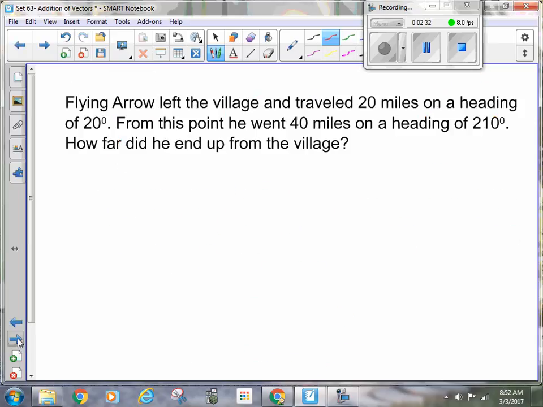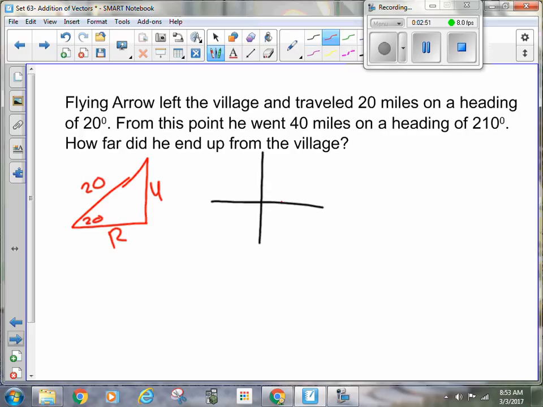Okay, so let's look at a word problem with this. It says flying arrow left the village and traveled 20 miles on a heading of 20 degrees. From that point he went 40 miles on a heading of 210. So 210 is from that axis all the way down. Okay, 40 miles. So we have 180 above this line. So 210 minus 180, that puts this angle at 30. So I'm just going to redraw that triangle with the 30, a 40,